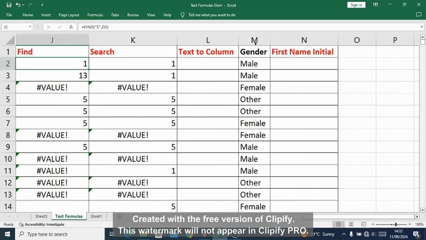Let's say we have the gender here and they want us to pick just the first character of each gender. So to pick the first character of each gender, we have male. So male should be represented with M, female should be represented with F. So what we need to do now is we want to use a formula called left. So let's do this. Equal left,